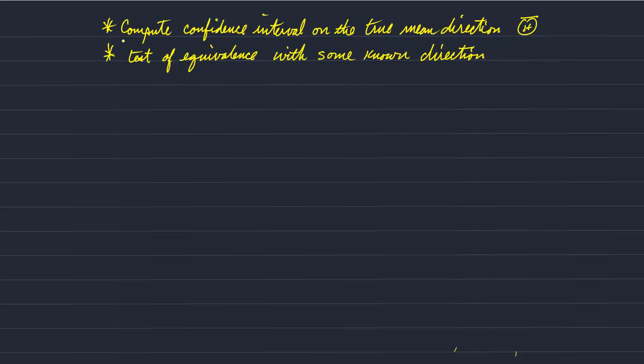So he was interested in knowing whether the mean direction of the striations matched the azimuth of the topographic depression. So to compute the confidence interval of the true mean direction, that's capital theta with a bar over it, we